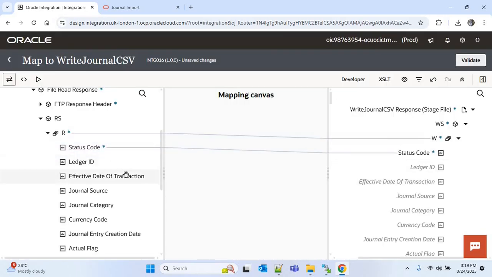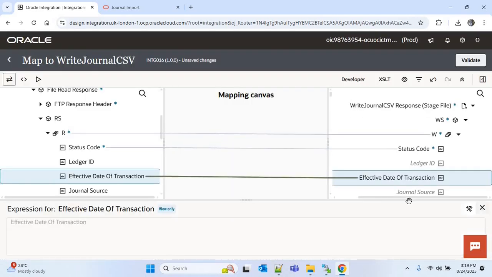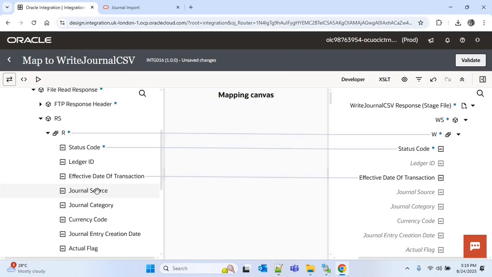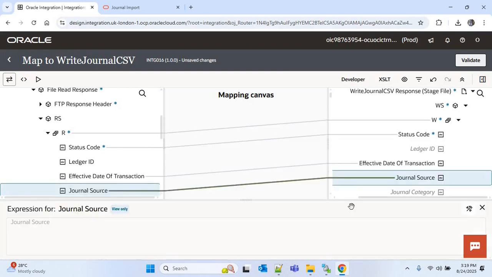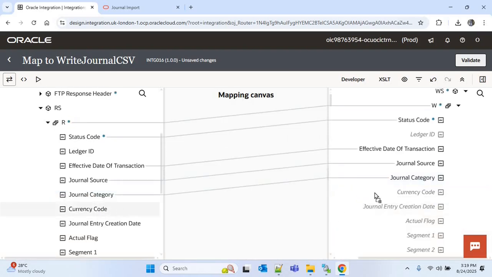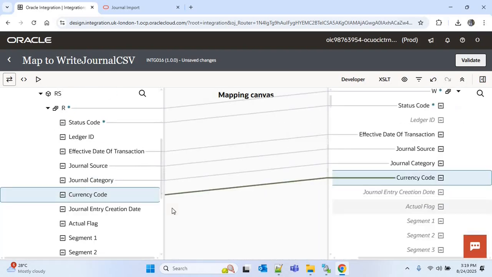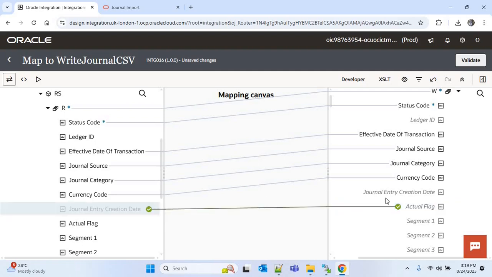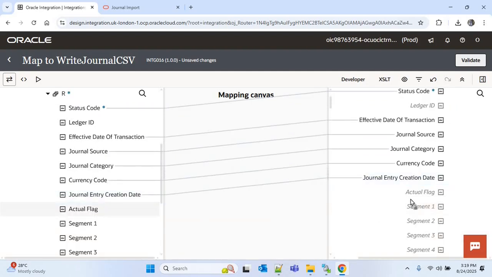Ledger ID I'll skip because we have to get the ledger ID from the primary ledger, then that value we'll use in the ledger ID. But apart from that, we'll map all the fields like effective date of transaction, then journal source, journal category, currency code, journal entry creation date, actual flag,